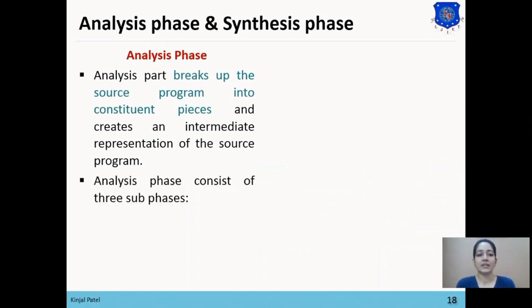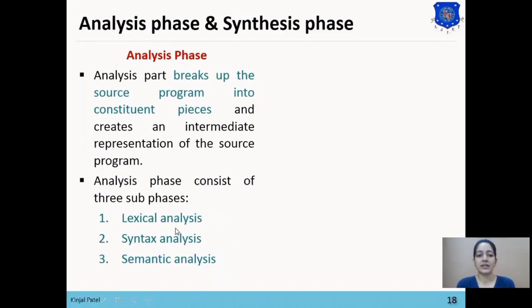The analysis phase consists of three sub phases. First one is lexical analysis, second one is syntax analysis, and third one is semantic analysis. Lexical analysis generates the tokens from a source program and passes them to the syntax analysis.